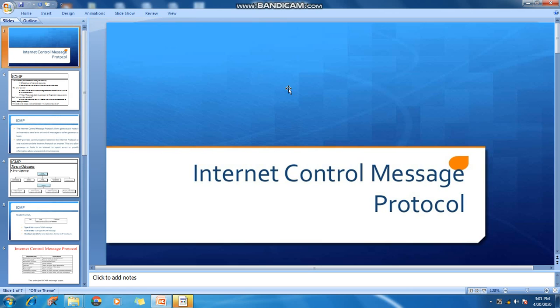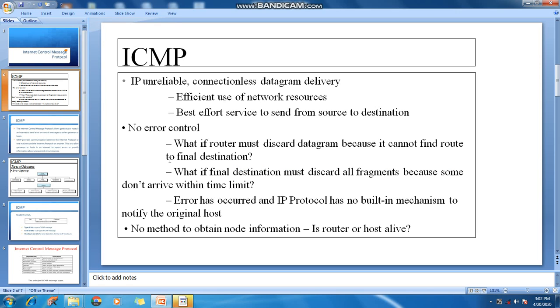In this session, we'll study one of the important topics in Module 5: ICMP, the Internet Control Message Protocol. ICMP is a part of the protocol suite in IP, and it is used by network devices to send error messages and operational information. When IP is used for communication, it lacks certain functionality which is required in internet communication. IP is not concerned with error checking or error control. So ICMP compensates for the missing functionality of the Internet Protocol.